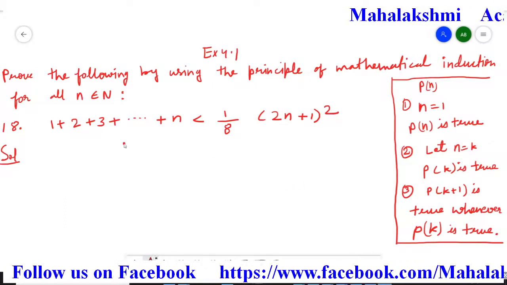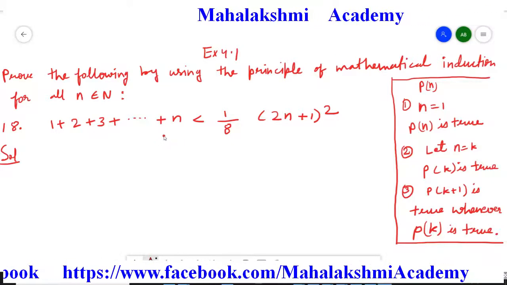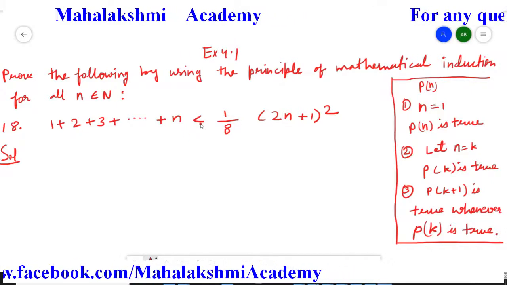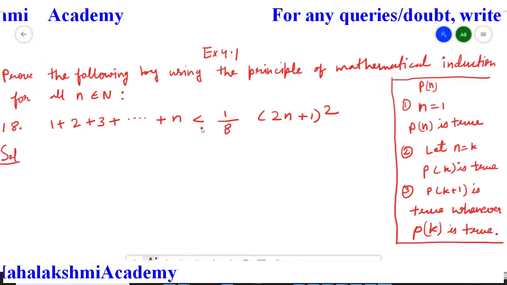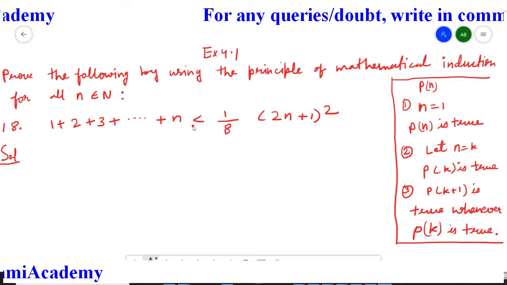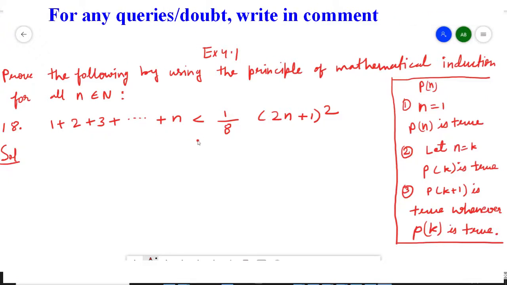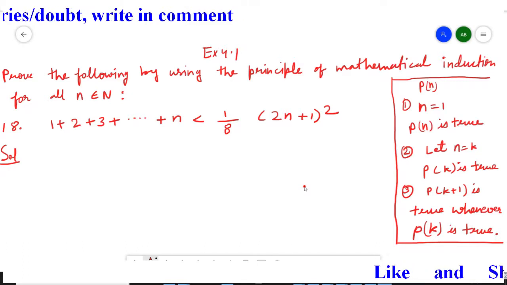This question is very different from the remaining questions of the exercise, because in the remaining questions up to the 17th question the equal to symbol is in the middle, but here we are getting an inequation with a less than or greater than symbol, and from now onwards we are going to get these. So this question is different from the remaining questions, and I am going to explain it.